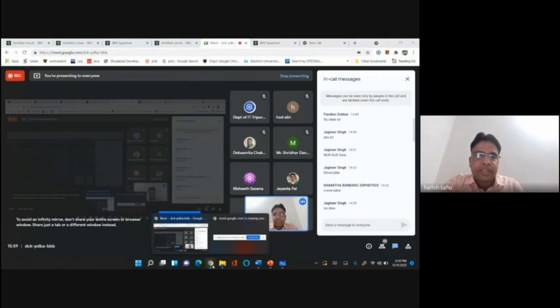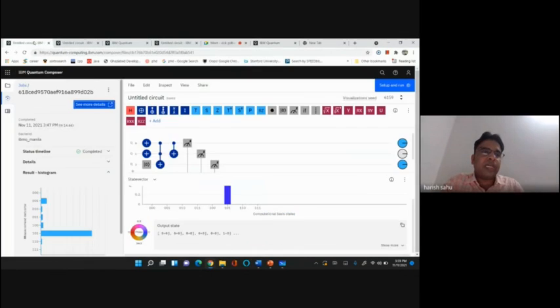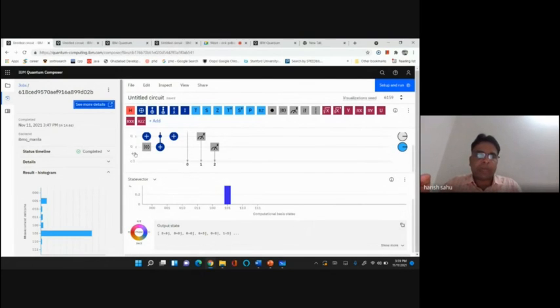There is this thing. If you see here, just open that page. In this graphical GUI kind of composer, you are able to see or visualize only 5 or 7 qubits. But there is another version called Qiskit, with a proper programming interface. In that, you can use many more qubits.